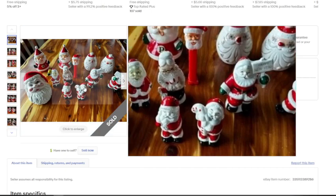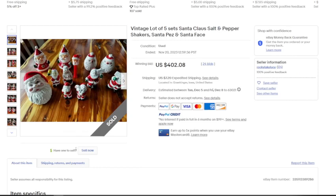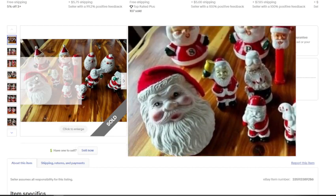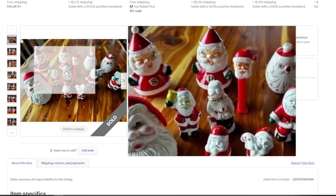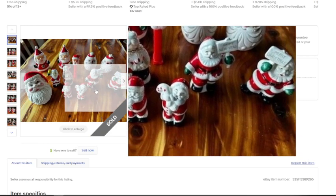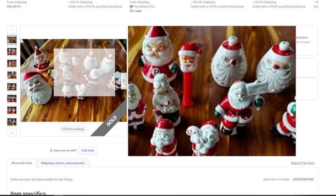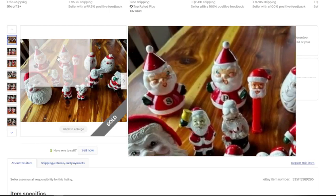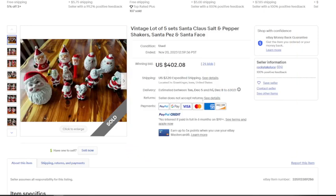All right, so this next one is a vintage lot of 5 different sets of Santa Claus salt and pepper shakers, Santa Pez, and Santa Face. Just to give you an idea of what they look like, as we zoom in on the photo, you can tell they're definitely older. And as you saw, it said Santa Pez. That got thrown into the lot with the salt and pepper shakers, and I assume this Santa Face probably isn't a salt and pepper shaker either. So a little bit of a mismatched set, but since we are near the holiday season and people love this vintage stuff, this sold for